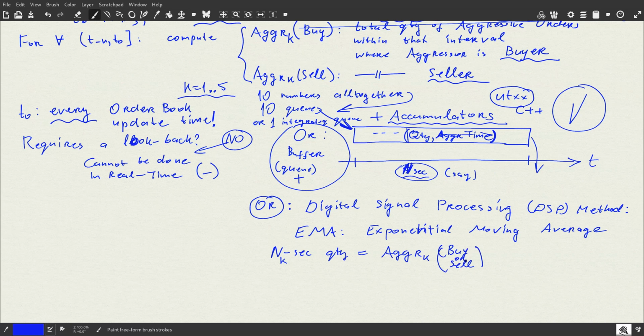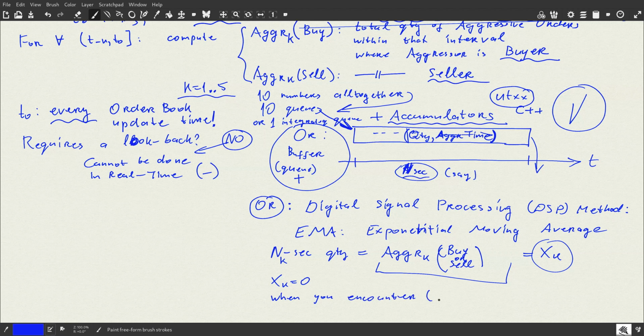What do we do? We define it in the following way, by a recursive relation. Initially, this is just your variable. Let me denote it by, let's say, x_k, just to reduce writing. So that's your x_k. Initially, you set x_k to be 0. Then, anytime when you encounter in your forward run, instead of buffering, in forward run,